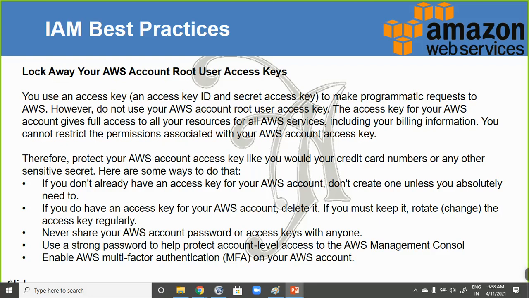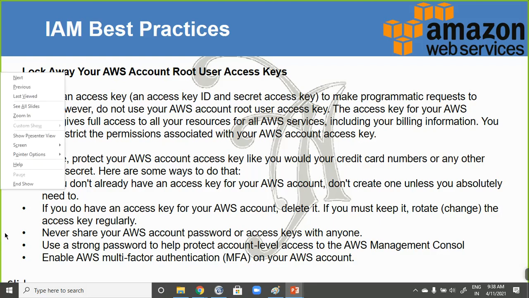Lock away your AWS account root user access keys. Use an access key ID and secret access key for programmatic requests to AWS. However, do not use your AWS account root user access key. The access key for your AWS account gives you full access to all your resources for all AWS services, including your billing information. You cannot restrict the permissions associated with your AWS account access key. Therefore, protect your AWS account access key like you would your credit card numbers or any other